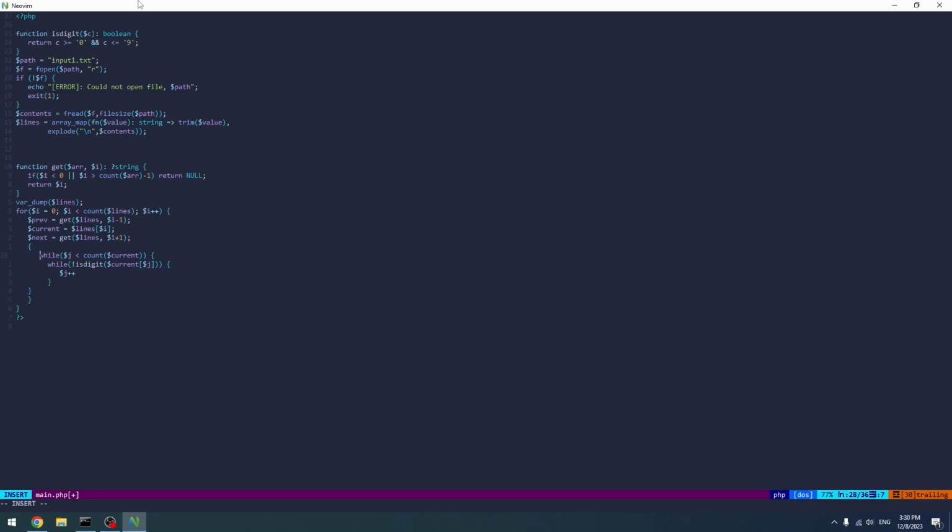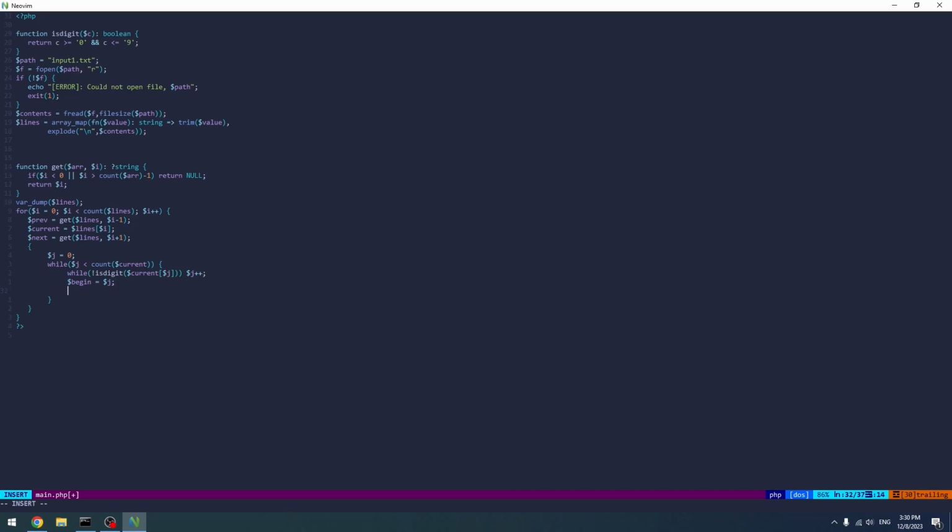J is equal to 0, right? While j less than count? Well, it's not a digit, increment it, right? Just really basic stuff. Okay, well, it's not a digit, basically increment it, basically trimming it, and then we have the beginning,